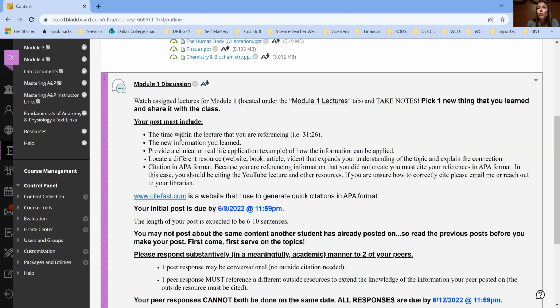Your post should include these different criteria, and I'm going to let you read over that. But the one thing that I do want to make sure you are aware of is that it must be in APA format, which means it must include in-text citations and a reference at the end. You should be referencing the lecture video as well as whatever else you researched. If you need help with that, please don't hesitate to reach out to me or to the librarian. Also, in order to earn full points for your initial post, it does have to be double spaced, because that